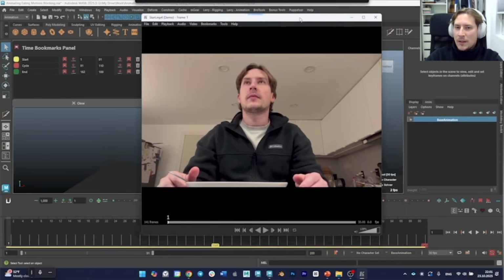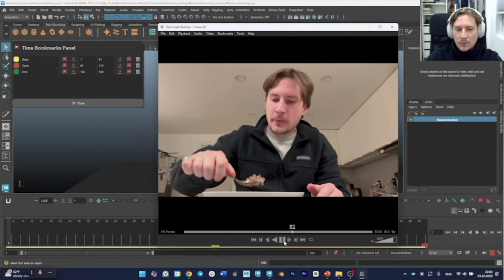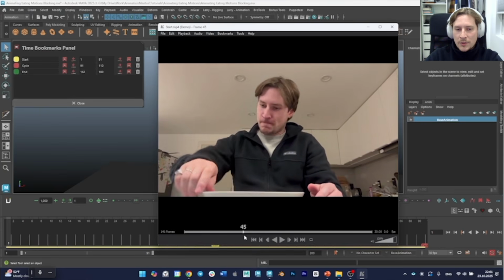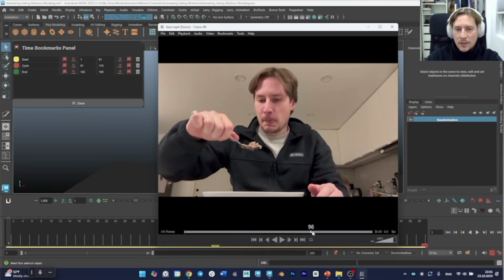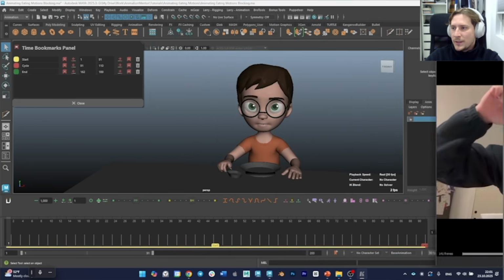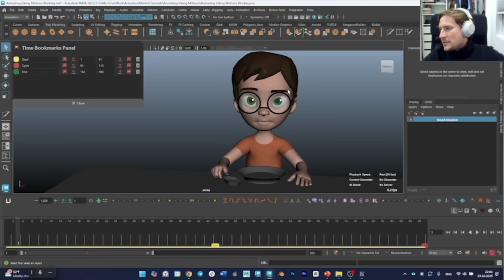And here is my first reference. As you can see, I'm looking at the food, then doing this kind of reaction, licking my lips, preparing to eat, getting a spoon, taking the food, and putting it inside my mouth with this really weird reaction on my face. Okay, so here I'm doing the same, and as you can see, it's not only the head that does motions, it's also the body